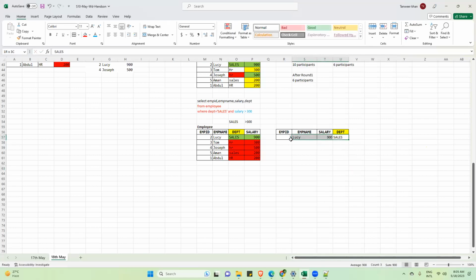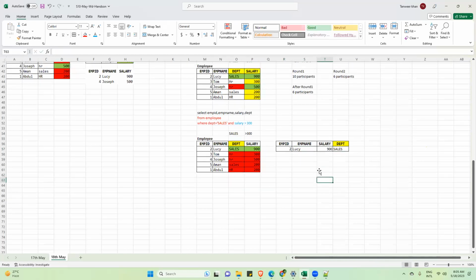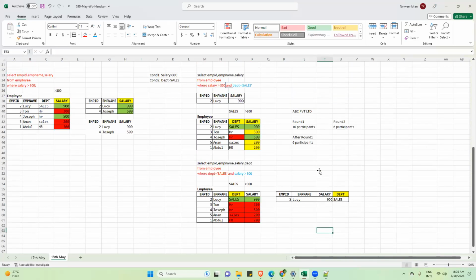Are you getting the same output? Yes. So what we understood from this is, if you have the AND operator, even if you shuffle it or change the sequence, you will get the same output. Is this clear?